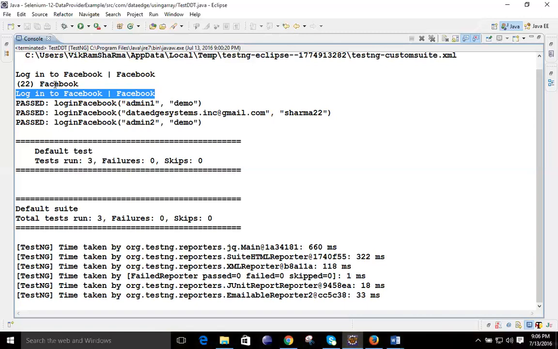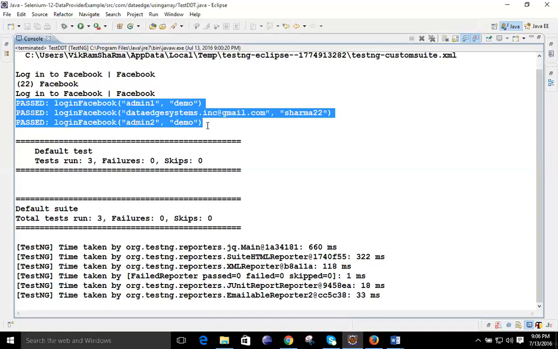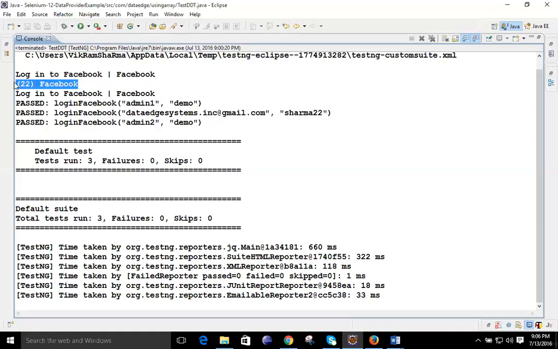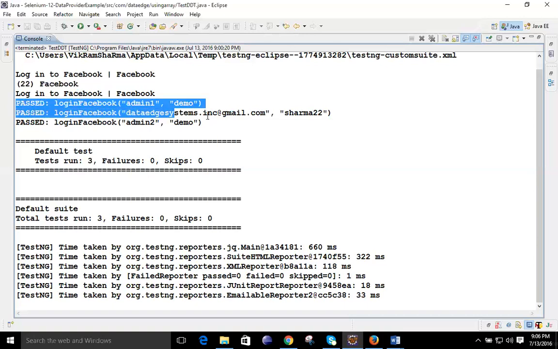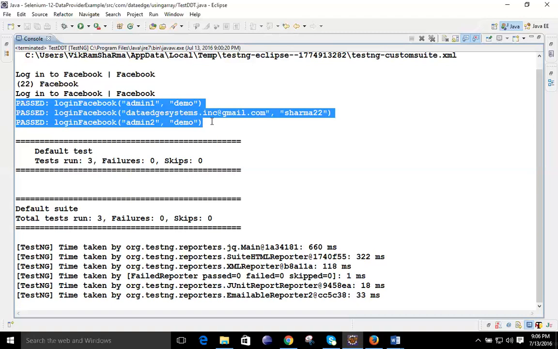So in this case you can see it tells the message whatever is assigned, that is successfully passed. The test case is successfully passed, but you will only get the output of the titles where the login was successful. It is telling that the test was successfully passed, but login was successful at the second one only.